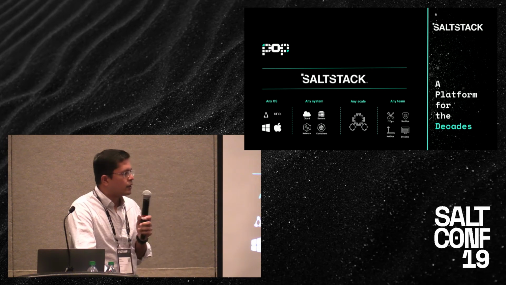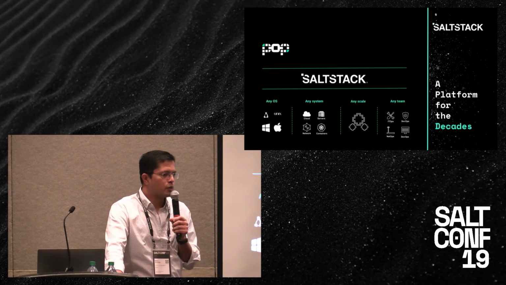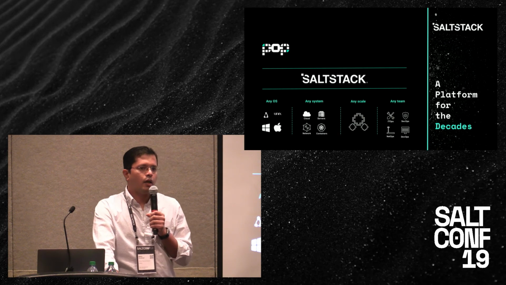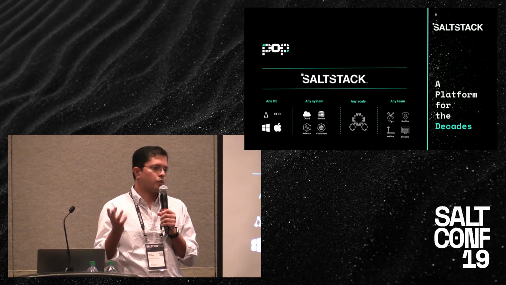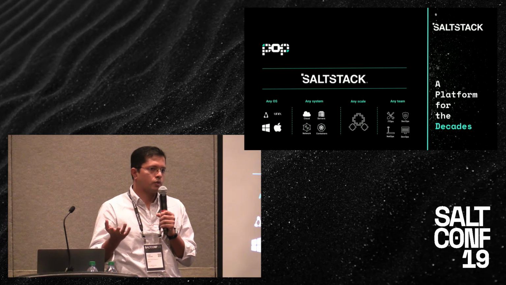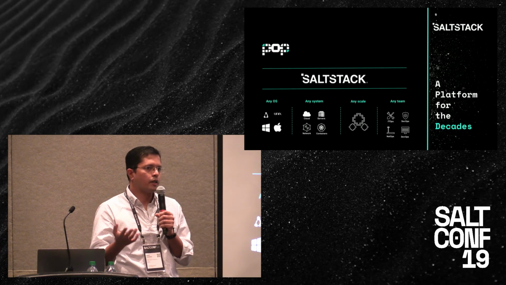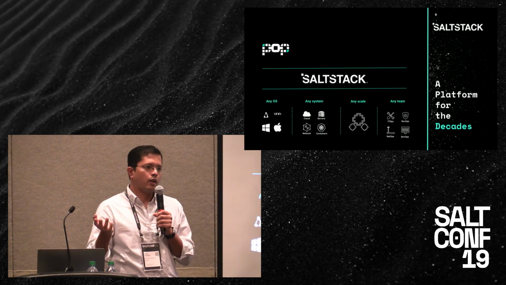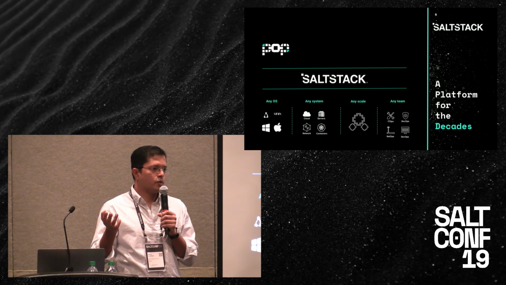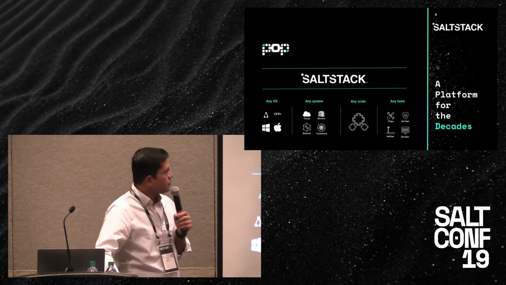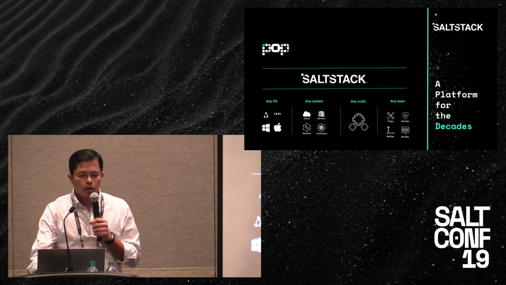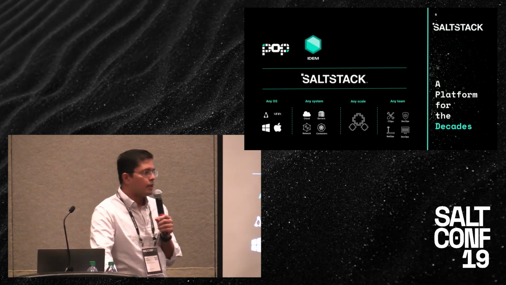So instead, the goal of POP is you could just write your own plugin, which just does that one thing that you want it to do, and then you would distribute it through pip, and users could just do a pip install of your library or your plugin, and you're good to go. You don't have to understand Salt in its entirety to make a simple change that you feel super comfortable making.